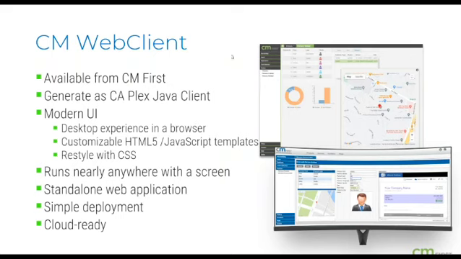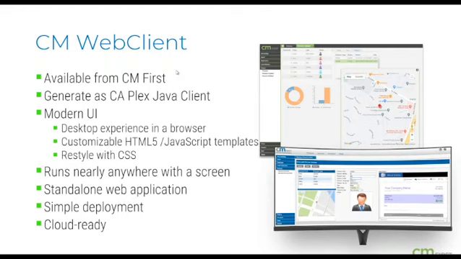So WebClient is CM first product, and this allows you to take your Plex application and generate it as a web application. So you generate it with the Plex Java client, and then we apply HTML5 and JavaScript templates to it to produce a standalone web application.